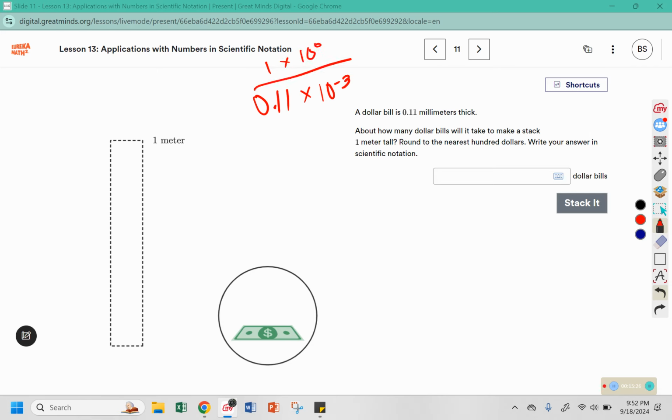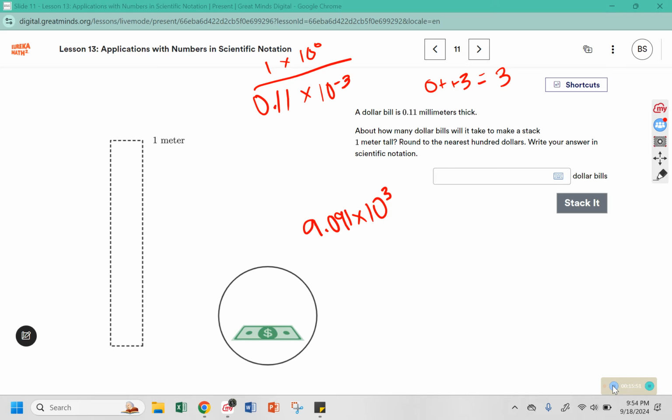Then we would divide. Remember we talked about how we would subtract the exponents when we're dividing? 0 minus negative 3 turns into an addition with the positive. And 1 divided by 0.11 is approximately